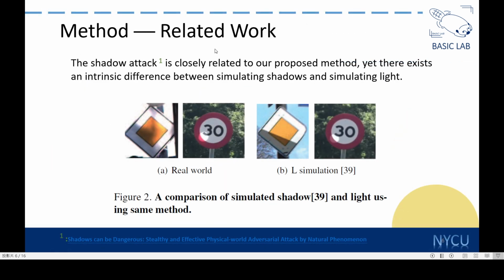The shadow attack is mostly related to our proposed method. In the shadow attack, they try to reduce the yellow dimension in CIE color space to mimic the shadow pattern in the digital domain. But this isn't the story for light projection. It is more obvious when you look at the left image: in the light projection area, you can see the red region get more saturated. But this saturation cannot be achieved by only adjusting the yellow dimension or the illumination dimension of the CIE Lab color space.